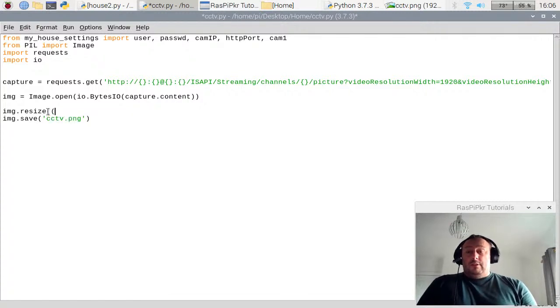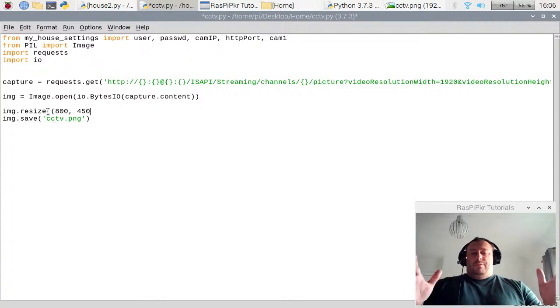Now the screen that I use for my touchscreen downstairs on my amazing version of a home assistant, my home heating control security thing, is 800 by 480, and I know because of the picture sizing, if you bring it down, I'm not going to get it to fill, so I'll have to compensate and lose out on the height, but I'm going to have the full width of the screen. So I want to resize that, and I want to save it,